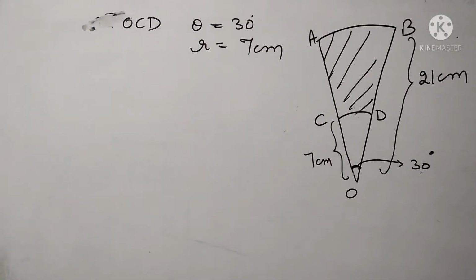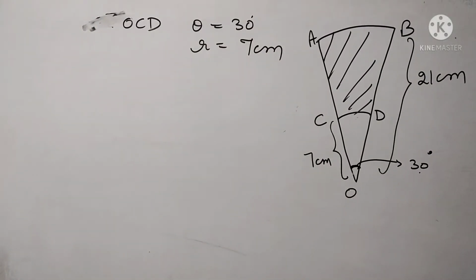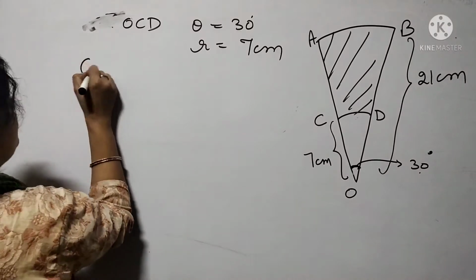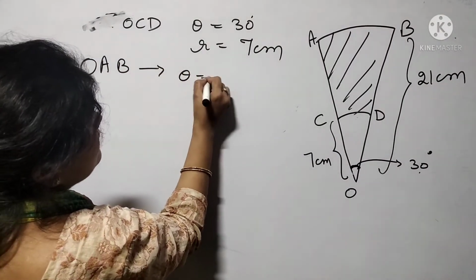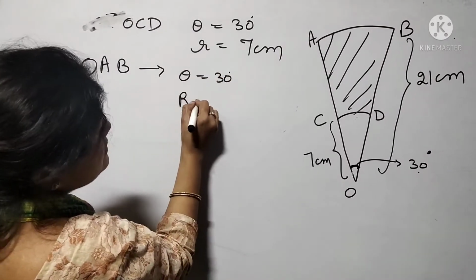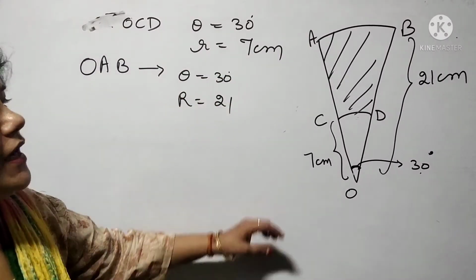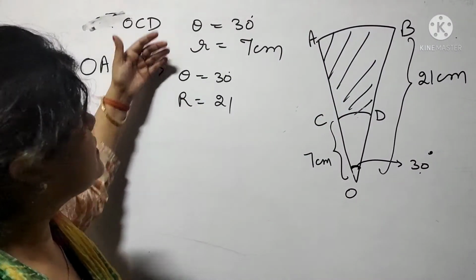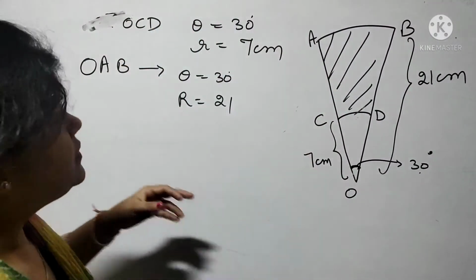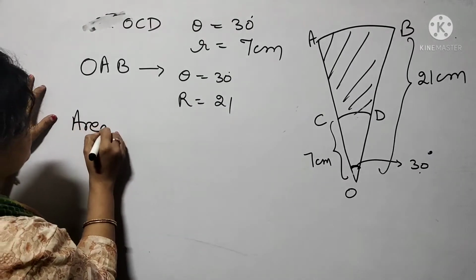Now for the bigger sector, what is the angle? The bigger sector is O, A, and B. For that, theta is again 30 degrees, but here the radius becomes 21 centimeters. If we have to find the area of the shaded region, we have to subtract the smaller sector from the bigger sector. So area of shaded region,